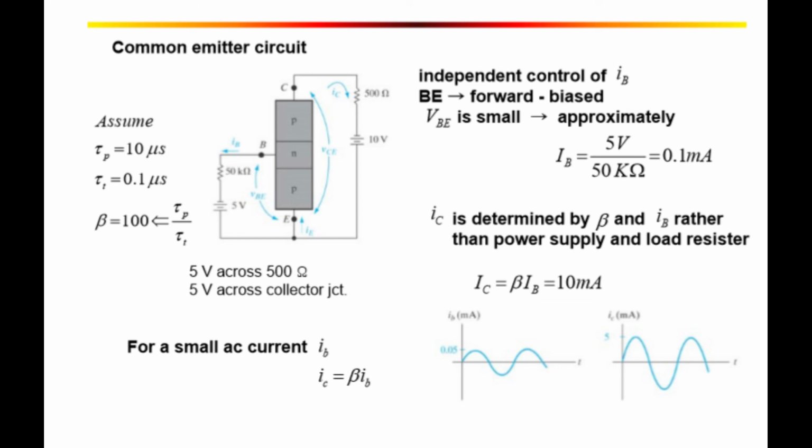If a small AC current ib is superimposed on the steady state base current of figure 7.4a, a corresponding AC current ic appears in the collector circuit. The time varying portion of the collector current will be ib multiplied by the factor beta, and the current gain results. As you can see, the ib current is represented by a small signal, and then the ic current is represented by the magnified signal.